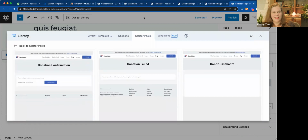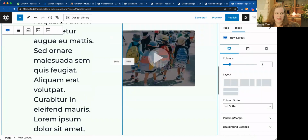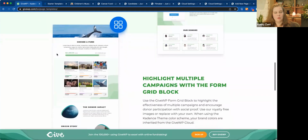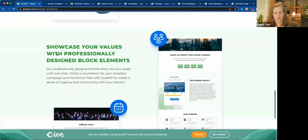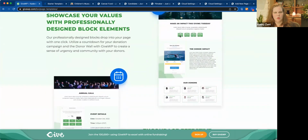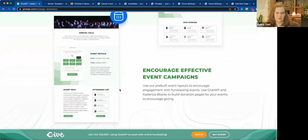So this is the way that Kadence Cloud gives you all of the tools that you need in order to build out a nonprofit website or a nonprofit page, whether you're using the starter templates or whether you're using the Give library and you just want to pull in the countdown block or the donation form or some of these other very specific elements that are specific to the Give plugin. As long as you have Give installed and you have Cadence blocks installed, you can pull in any of these